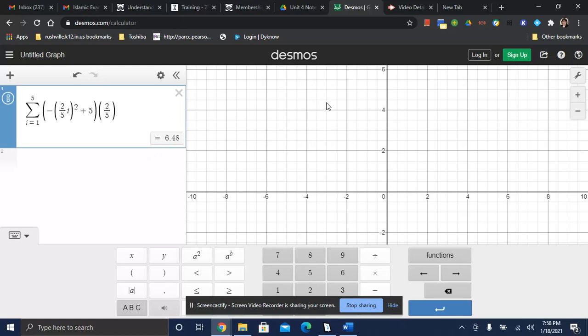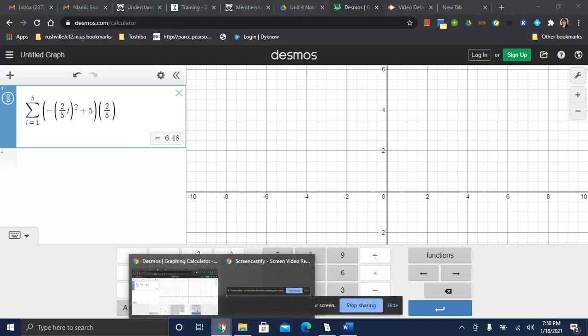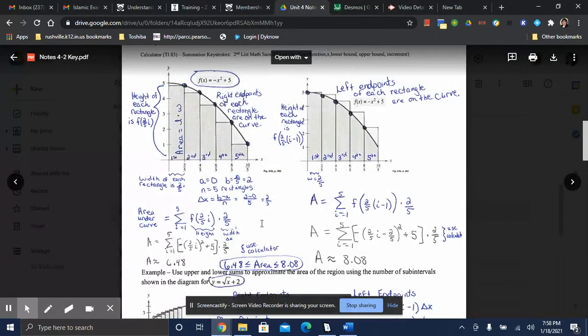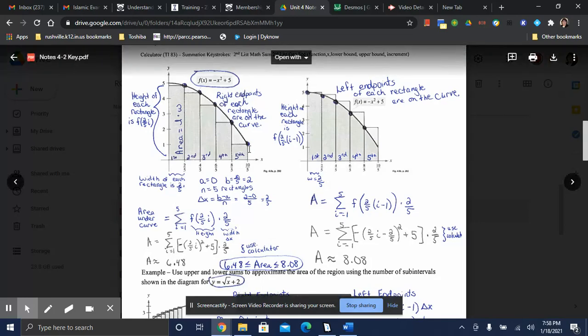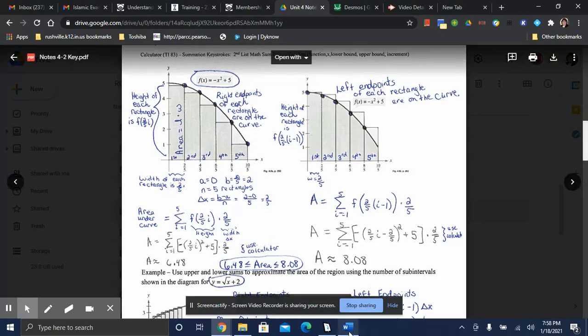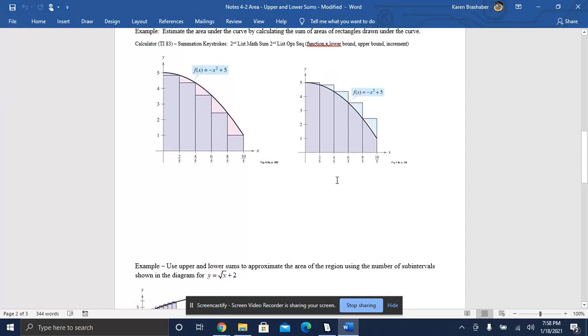Now, I had to clear my screen, but I'm going to bring up my completed notes so that you can see what that is. So we used a calculator right here, and we found 6.48 as the estimated area using the right endpoint of each one of the rectangles. So now I'm going to continue on. I'm going to take it back to this screen, and we're going to look at the other